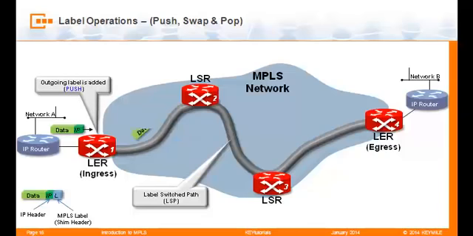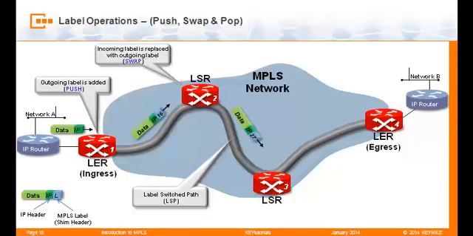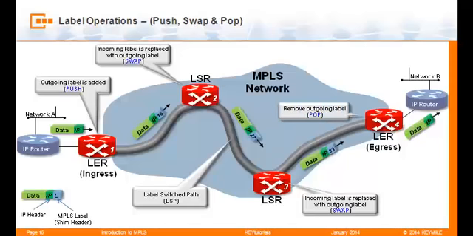The packet continues to an LSR, which checks the entry for that label in its label information base. It finds a new label 27 and swaps the labels. The packet continues to the next LSR, which does the same thing and swaps the label for 33. Now remember, the FEC hasn't changed, only the label changes. Finally, the packet arrives at the egress LER, which pops the label off and forwards the packet without a label